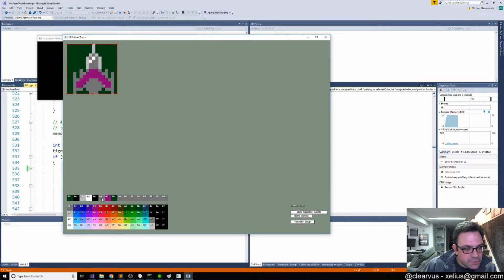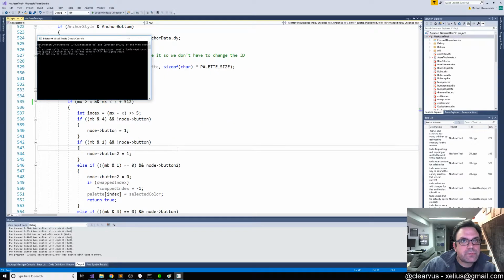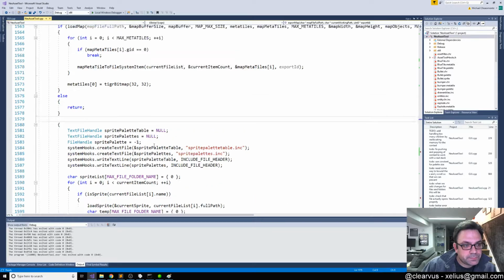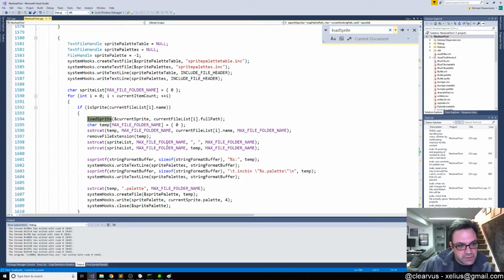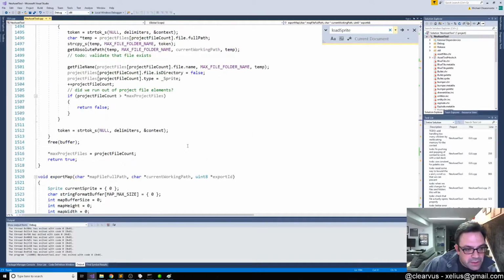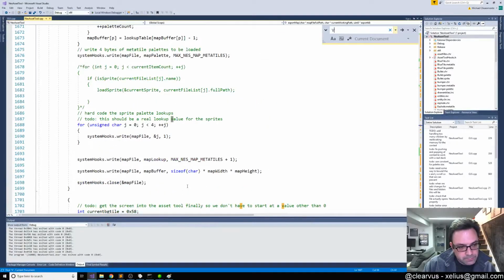What color is it using for that? Is it not? Now when it's loading the sprite, is it not? It's possible that it is. Yeah, I guess that's possible. So